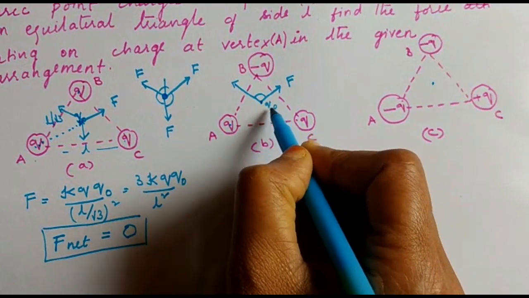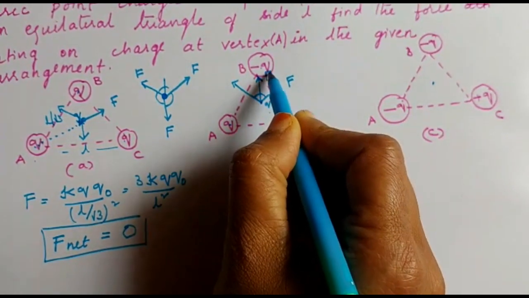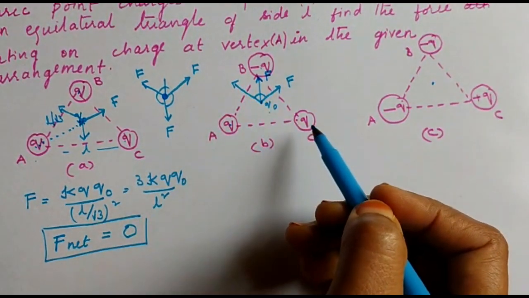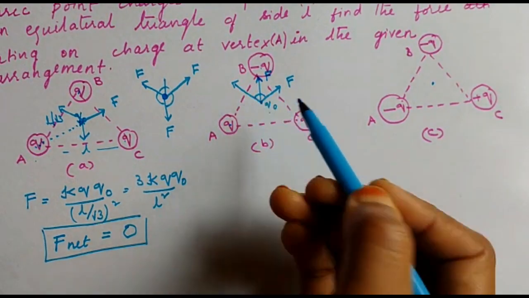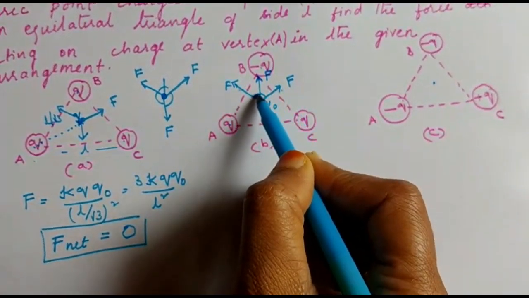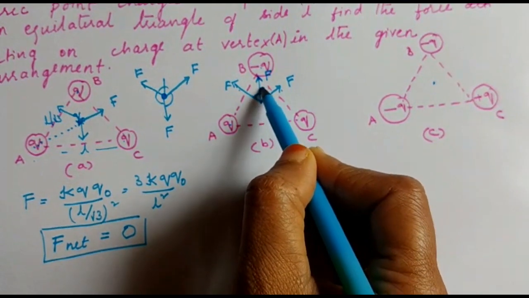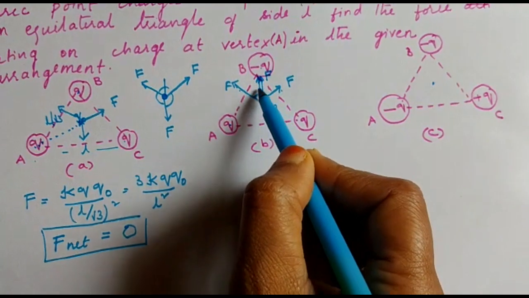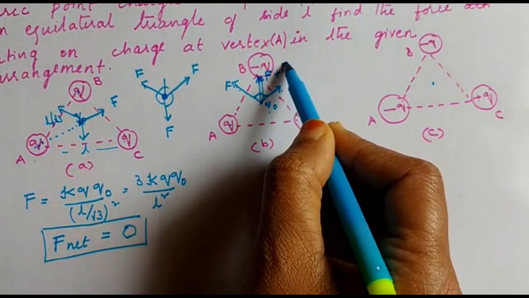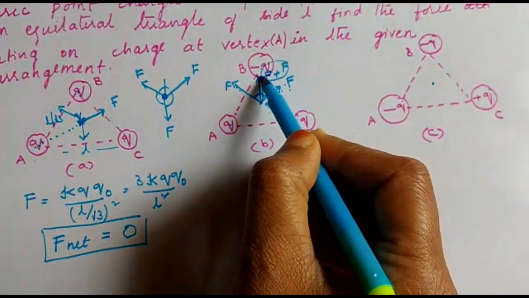But between a positive and a negative charge, there is a force of attraction which is acting upward with the same magnitude. Now I will have to add three vectors using parallelogram law of vector addition. We will simplify it. If two forces are acting at an angle of 120 degrees and equal in magnitude, we know the resultant would again be equal to F acting in upward direction. So already F is existing upward, another F is because of the resultant of these two forces.